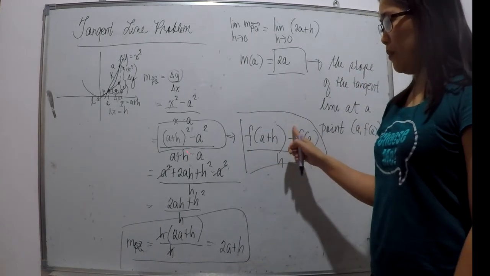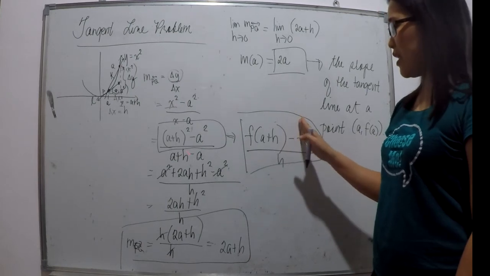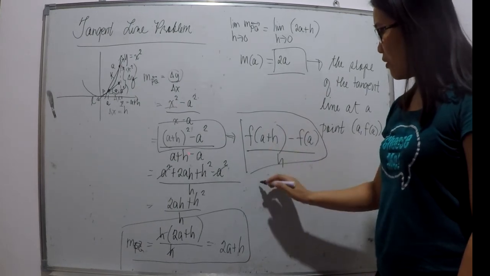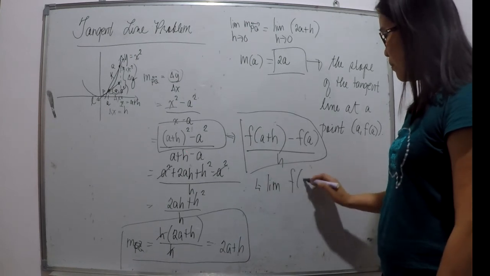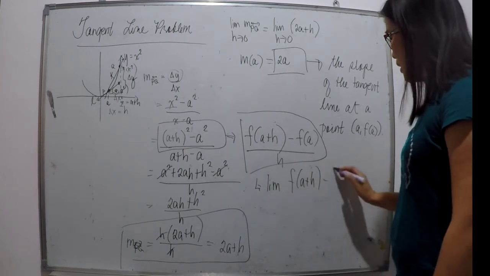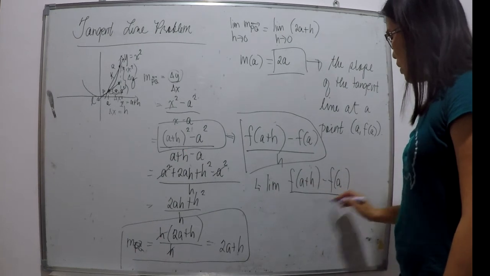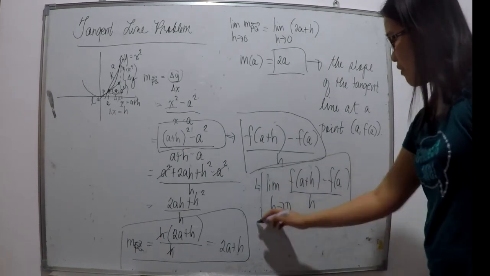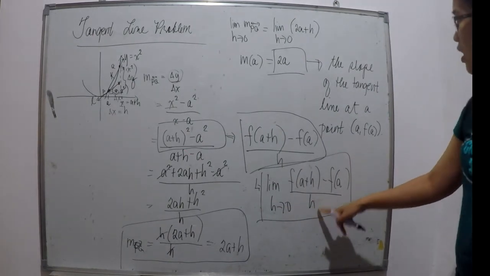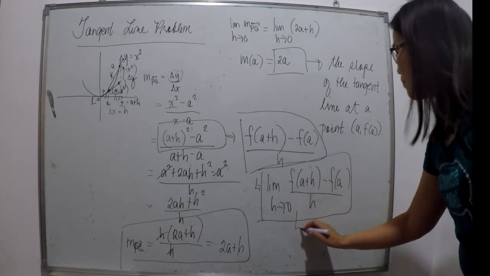This is the slope of the secant line. Now, getting the limit of the slope of the secant line as h approaches 0, this is actually the formula of the slope